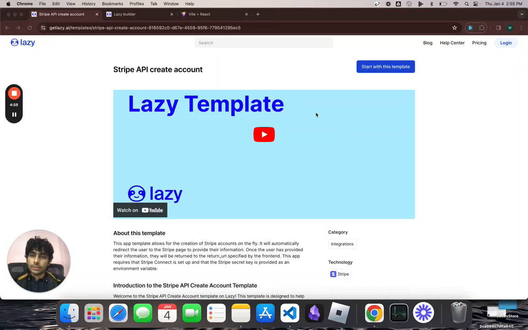Welcome to Stripe API Create Account Demo. This app template allows for the creation of Stripe accounts on the fly. It will automatically redirect the user to the Stripe page to provide their information. To start using this template and build more features in it, you need to click on the Start with this template